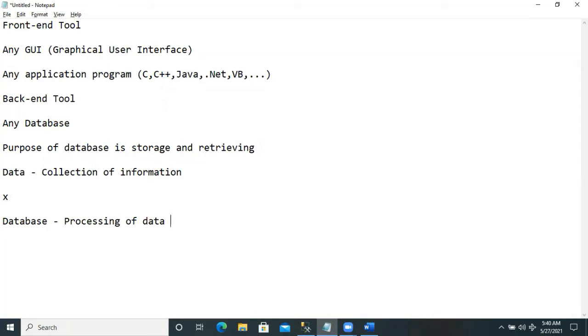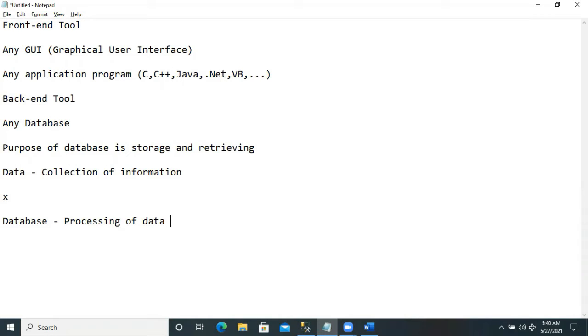For example, here I have some water in a bucket. To draw water from the bucket, I use a mug or bottle. This mug or bottle is a query. Query means a statement like insert, update, or delete. For what? To access the data, to manipulate the data. This collection of data is called the database.